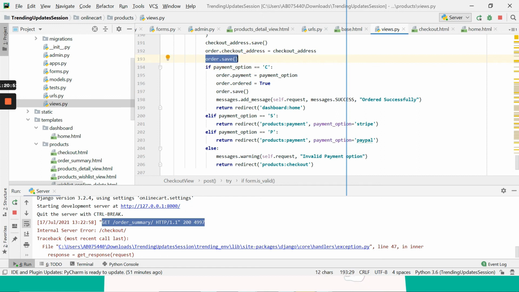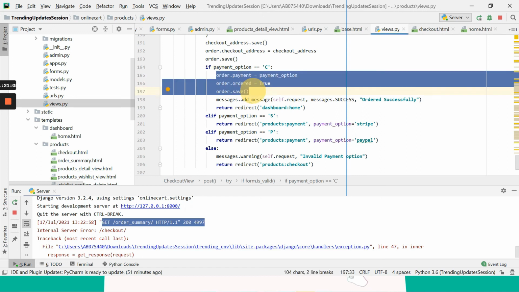As of now I'll keep it like this. Payment option is cash, so I have mentioned it as the payment option. It will store the payment option as cash, and I'll set ordered to true. That means this is already ordered and it should not show in my cart again.